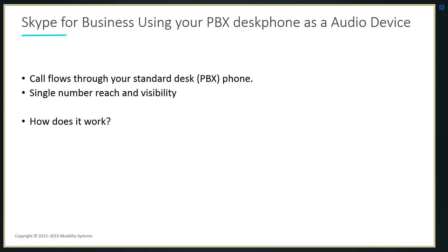So at a high level, what are we actually talking about here? Within the client, there is a new box under the options menu called call handling, where you can select your PBX telephone number. Now, if you were using your Skype for Business client, you can type in any telephone number external from your organization, and click to call.